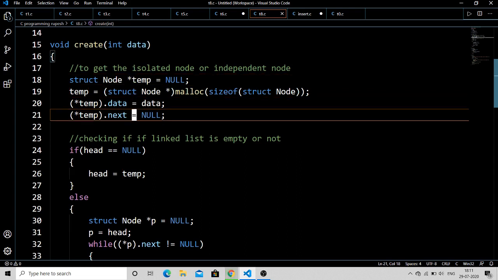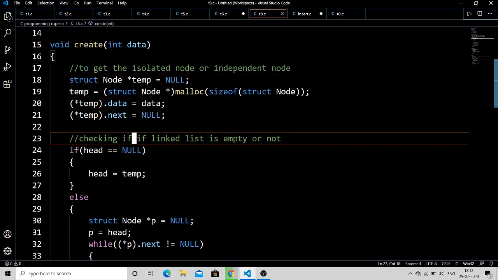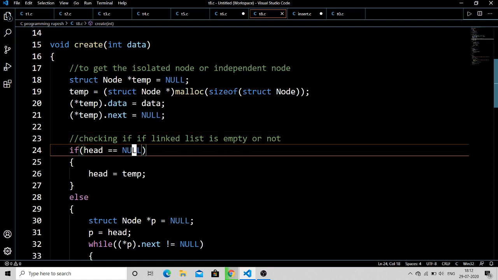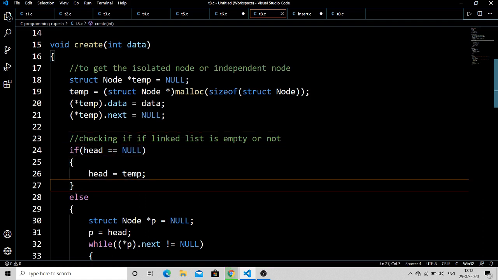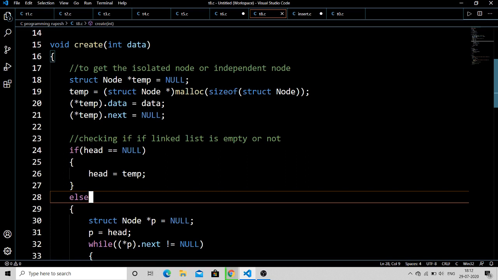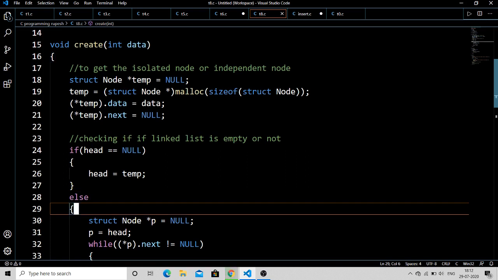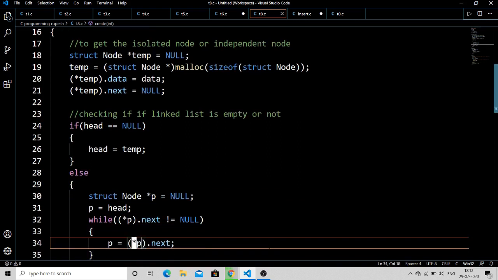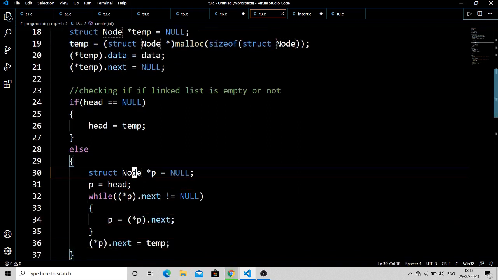After allocating a new node, head will now not be equal to null, because we already have one element present in the linked list and head is pointing to the first element. We have only one element right now, and head is pointing to that node, hence head is not equal to null. So the if block will not be executed, the else block will be executed. Now we want to add the new node at the end of the non-empty list.